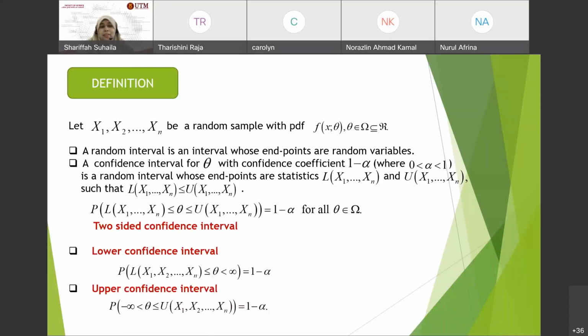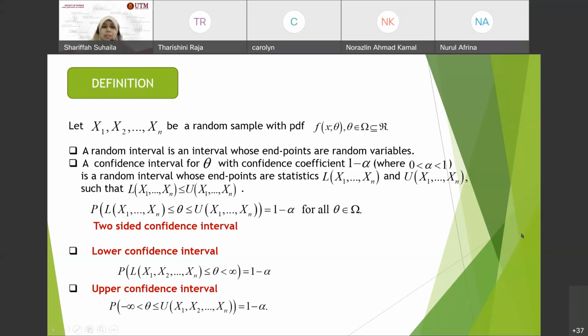Okay. So it also relates to when your endpoints are statistics. Statistic means you have your X bar, your sample mean, sample standard deviation, sample variance. So those are statistics. Okay, if we refer to the population, we call that a parameter. Parameters mean your mu, your sigma square, and your pi for proportion. That one is your parameter. What we do is we estimate your population parameter by taking a statistic value based on your observation.